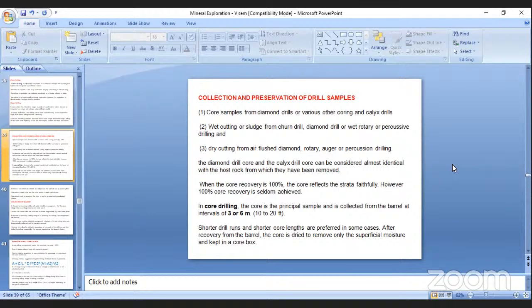we will have to identify the host rock from the method we are using. When the core recovery is 100%, the core reflects the strata so faithfully. Sometimes 100% core recovery is not possible. When you go into core drilling,